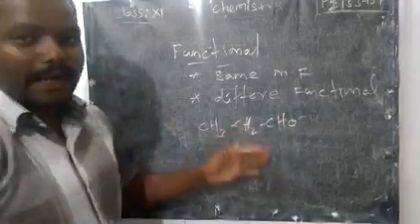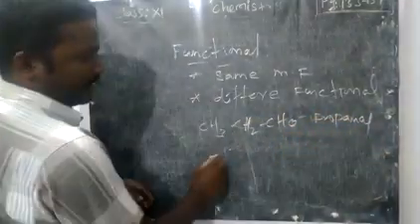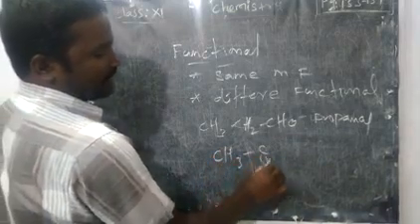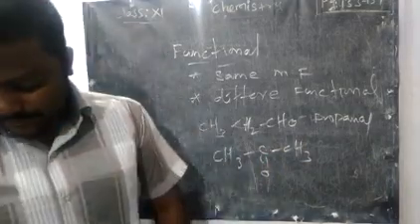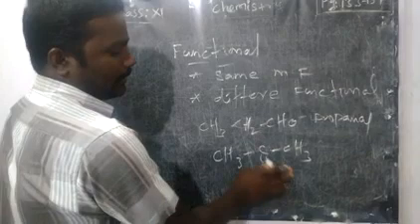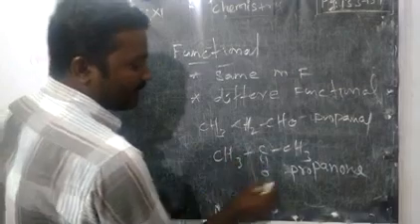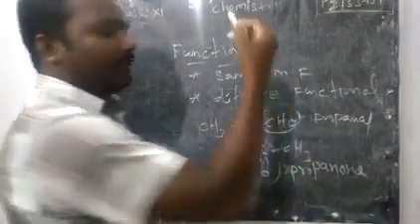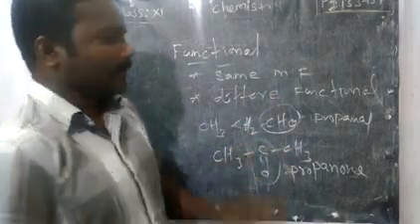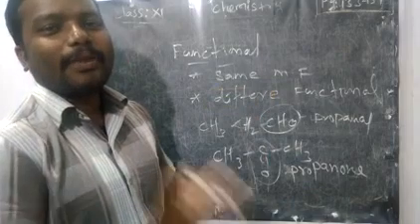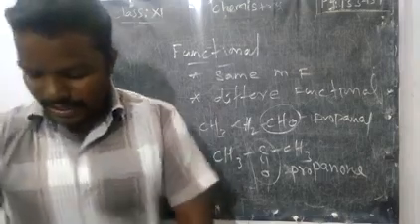So the propanal, if you rearrange it, you can write another way: CH3 C double bond O CH3. What is the name of the compound? 2-propanone, or with 3 carbons only, propanone. Here we have a ketone functional group, and there an aldehyde functional group. So the functional group itself is different, but the number of carbon, hydrogen and oxygen atoms are the same. That's why we say it is functional isomerism.